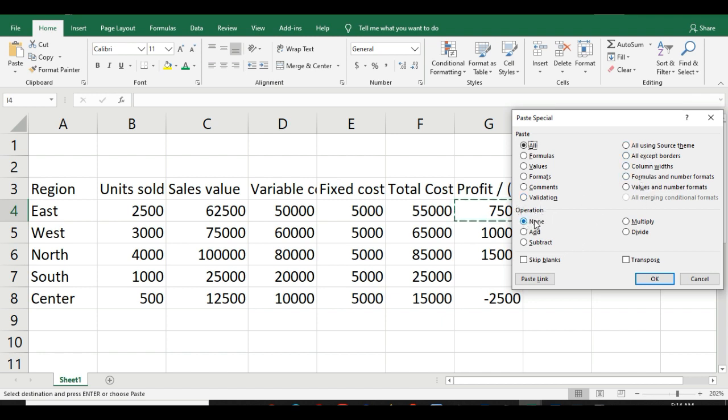Similarly, there are the operational Paste Special options. For example, if you want to add some operations like adding 2 to each column, you can use these. Then skip blanks and then transpose. This transpose is very important. I'm going to tell you about this also.